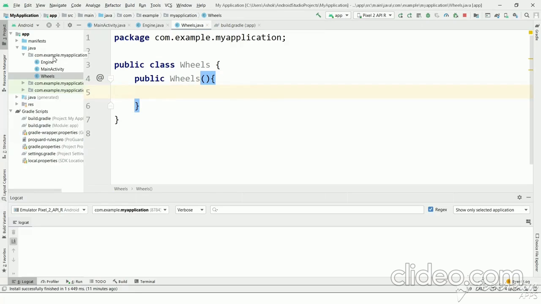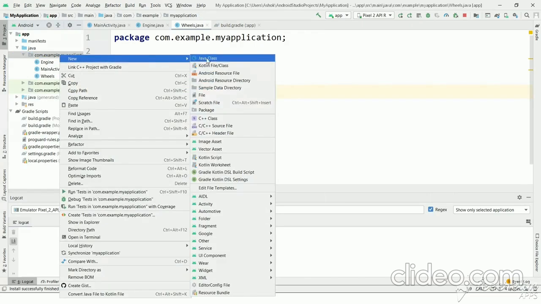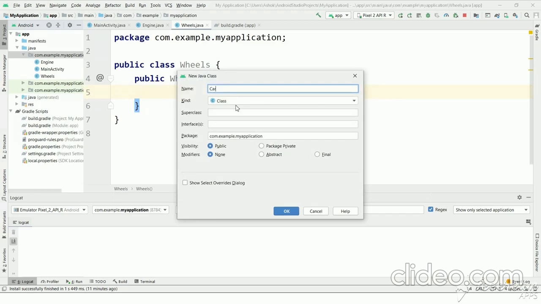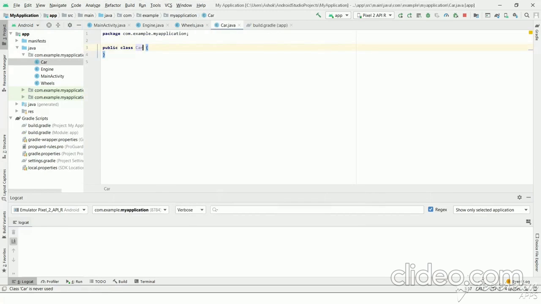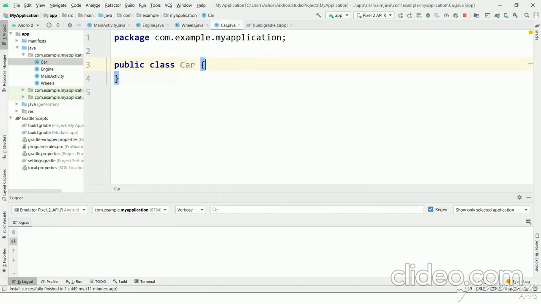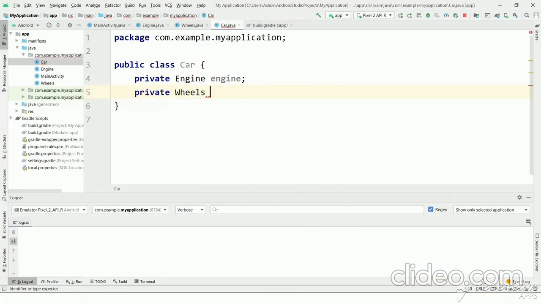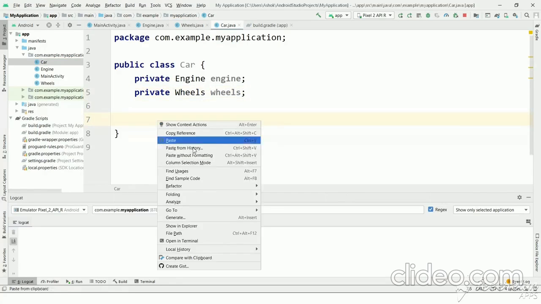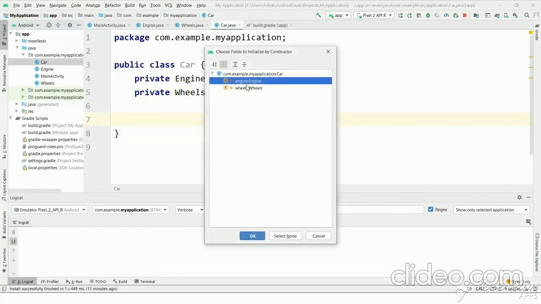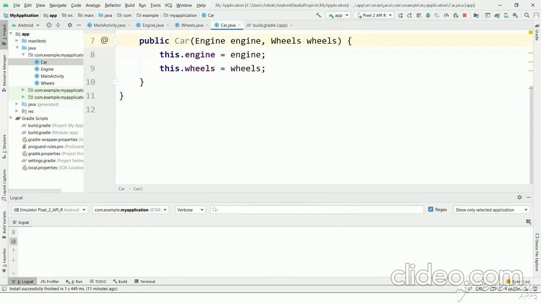Now let's create a car class which is dependent on engine and wheels. Car class, and this is dependent on engine as well as wheels. We will create a car constructor with engine and wheels, and we will have a method.